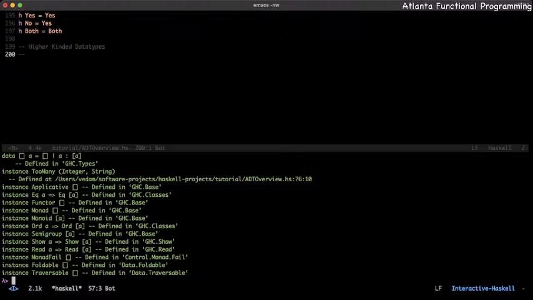Obviously, when you're deploying, you're going to have to do GHC, which in most situations is going to be invoked by whatever project definition you use, whether it be Stack or Cabal, to build your application. We'll touch base with those tools in a later episode, but I just want to briefly mention it, because when you're interactively building up your prototype, type signatures in your code are your friend,